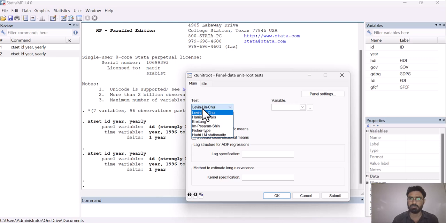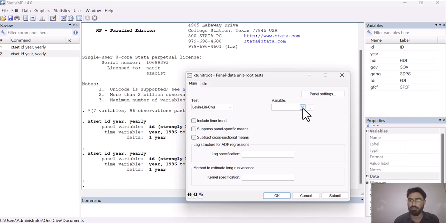These two are the most famous tests used for checking panel data stationarity. From here, if you are interested in a time trend, if you want to suppress the panel-specific mean, or you want to exclude cross-sectional means, you can go with these options depending upon what you are willing to do in your thesis or your analysis.